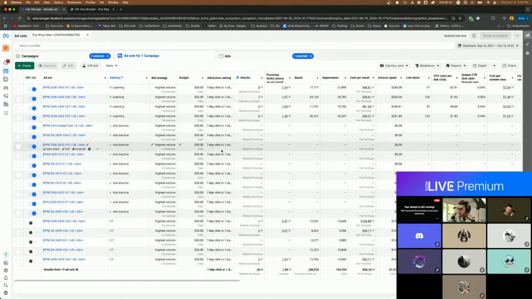That's when I'm going to look at them and ask, are they heading in the right direction? Yes or no? If the answer is no, they get killed. If the answer is yes, they stay on or they get scaled, right? If they're multiple purchases, really profitable, they get scaled. If they're just a couple of purchases, might improve, might not improve, they're going to be on for a few more days, right? And then after like